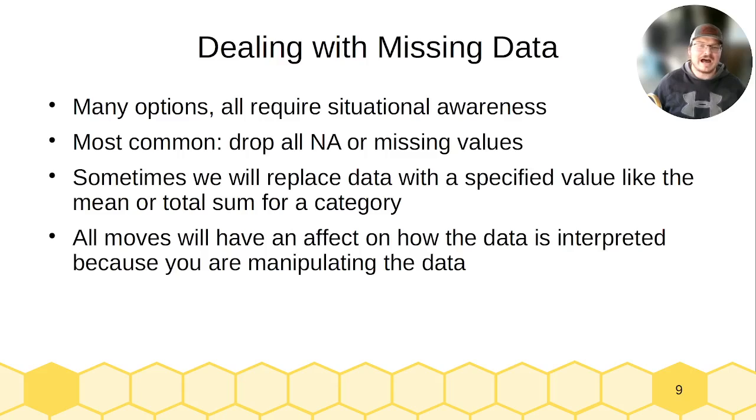So some of the most common ones that I have personally dealt with are to just drop all of your missing values. So I had a paper come out last year where we had to do this. We were trying to do basically an economic analysis on organic versus conventional food and how it affects the marketplace globally. And we got down to it in our organic data and realized we were missing like 70% of the data for countries